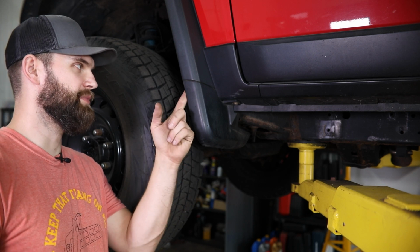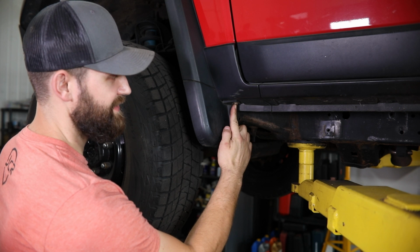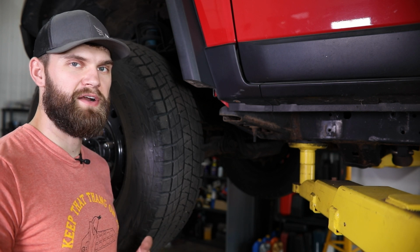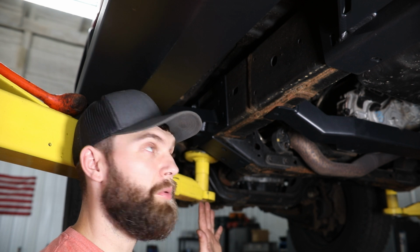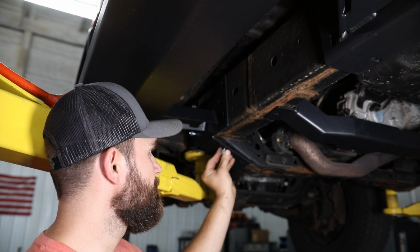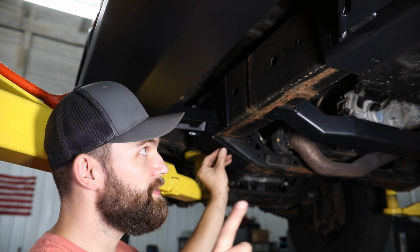For that, it's just going to be 3 fasteners here in the wheel opening and 1 right here on the back side. Those can be removed using a 10mm socket. With that out of the way, we can get the slider up in place and get a couple bolts started. At this point, with just a couple bolts holding this slider in place, you can grab the rest of your 8mm flange head hardware and get these going in to all of the factory threaded holes, and then just lightly snug them up to hold that all